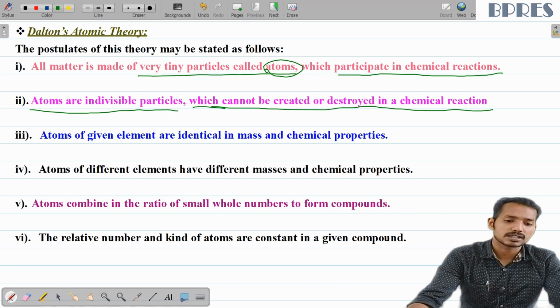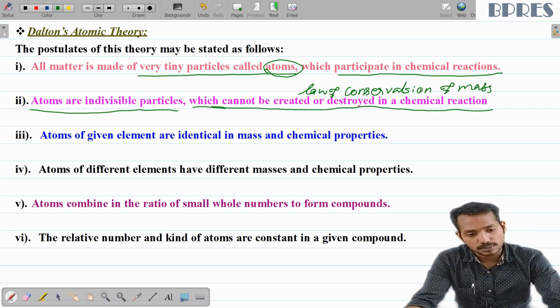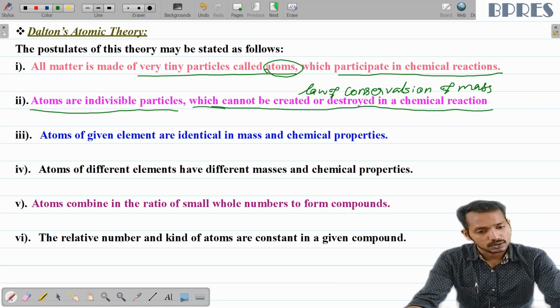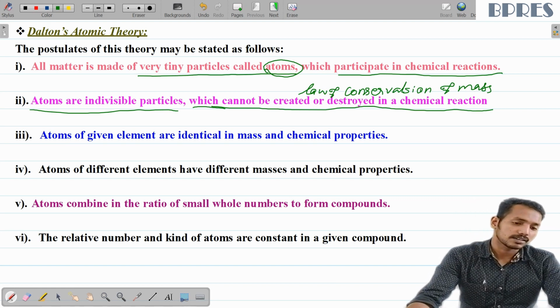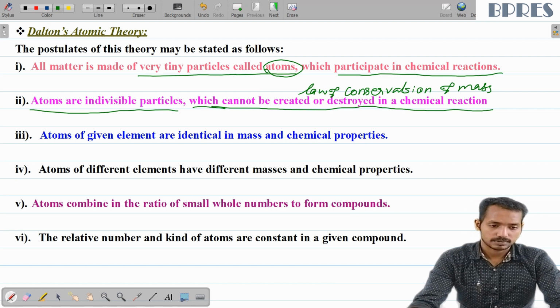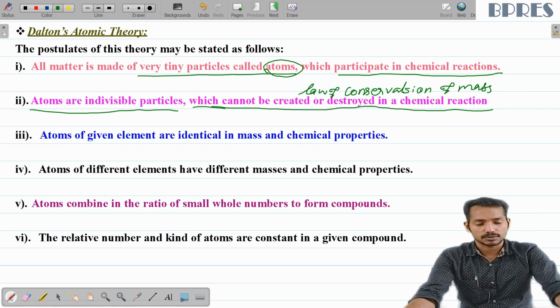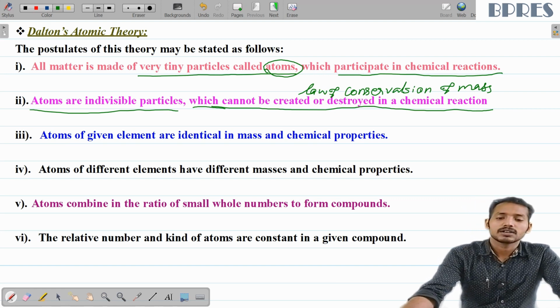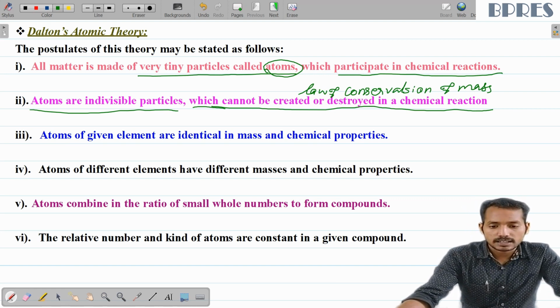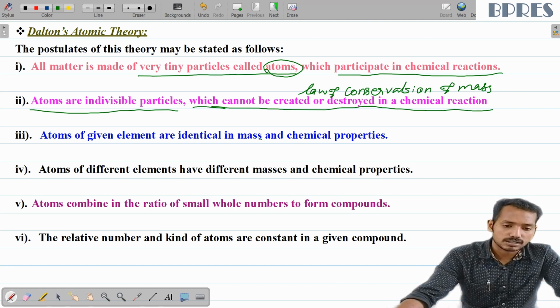It is nothing but an alternate statement of the law of conservation of mass. Because atoms cannot be created or destroyed in a chemical reaction, obviously mass cannot be created or destroyed in a chemical reaction, because mass is constituted by the atoms of the substance. Clear? Then the third postulate is that atoms of a given element are identical in mass